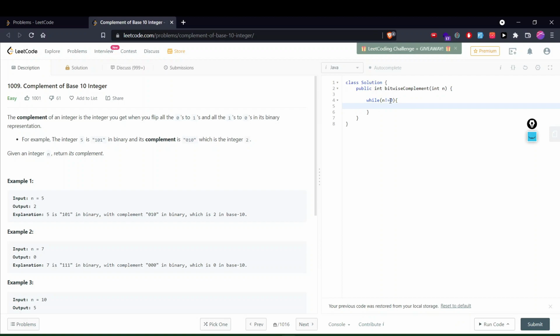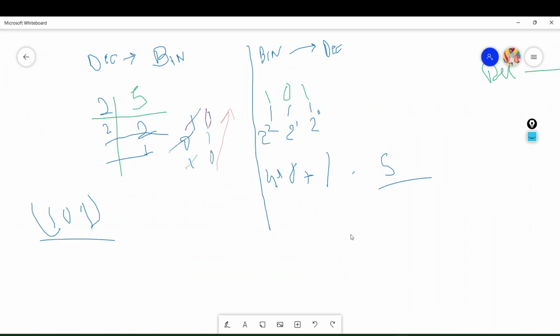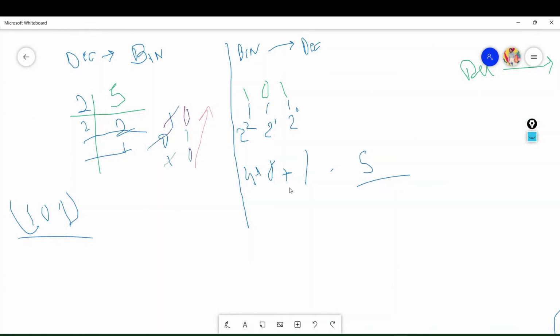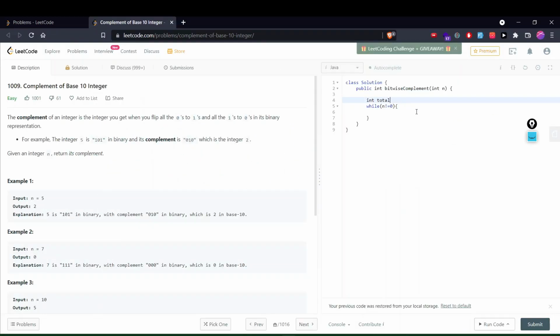Inside this loop, we have to get a variable that will store the total number, I mean the sum. Since we are doing this summation, we have to get a variable that will hold this. So total equals to 0. We will have to add all of this.